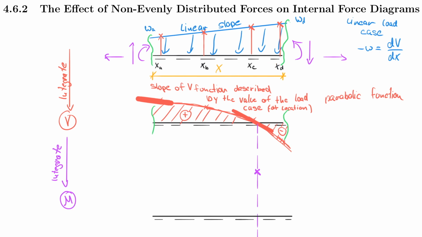So that leads us to the next conclusion, that here, everywhere along the part that we see here, we must have a positive moment. So I can already state that everything here must be positive without a doubt, because our reference fiber is in tension through and through. Now you may think, if I integrate a parabolic function, I of course end up with